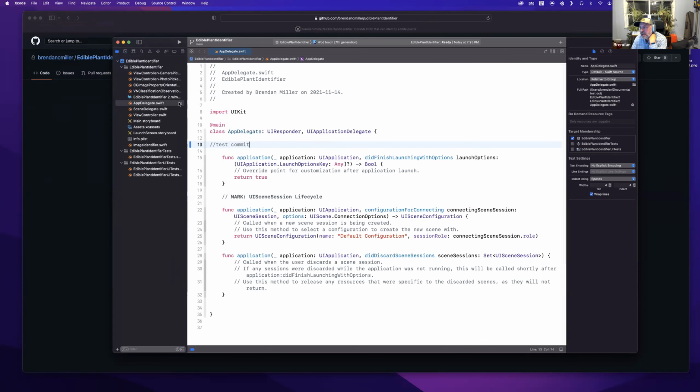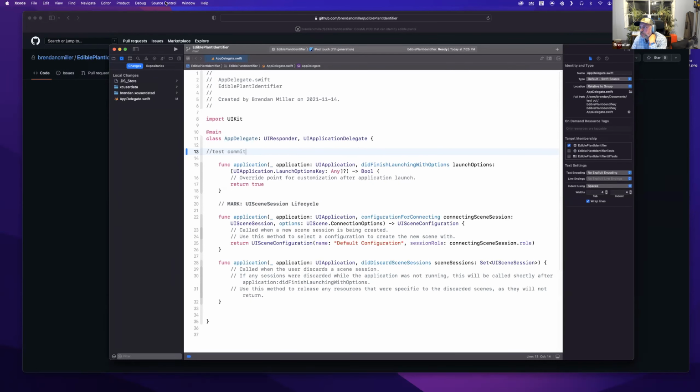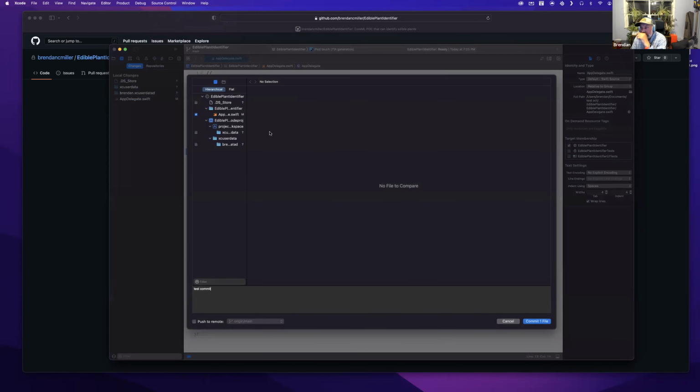And also you can see that in the project navigator too. If you're on this panel, you see it has an M beside it. So if we're ready to commit that, what we want to do is we'll go to the source control in the top menu, and we'll say commit. So here again, it shows all of the modified files, but we only have that one file checked. We're not concerned about all of those.